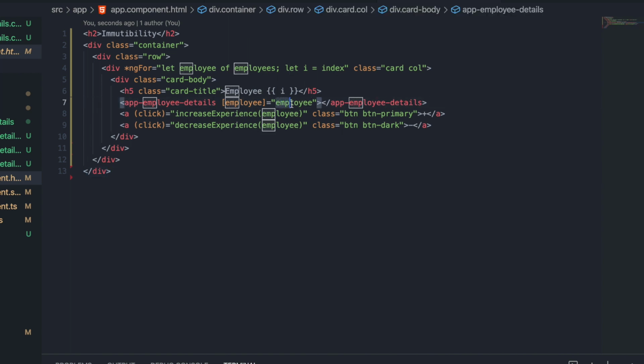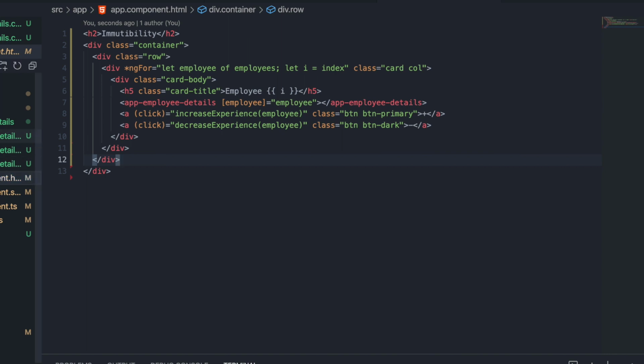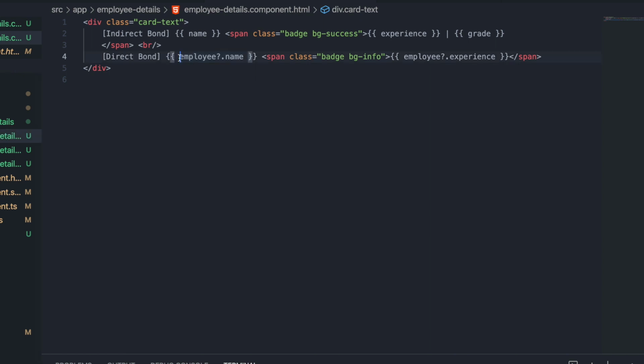Since you have bound the complete employee object in the child component in the template file of the app component, Angular won't be able to understand if you have changed a sub property of employee. It will not call ngOnChanges on the child component. However, the employee object itself was changing.